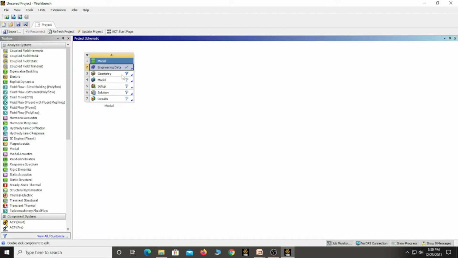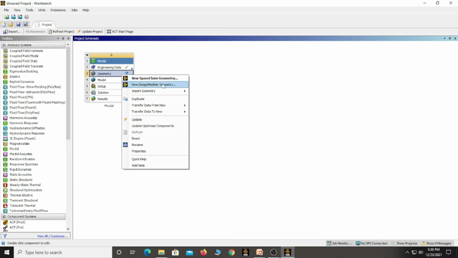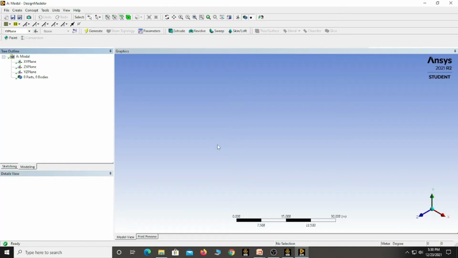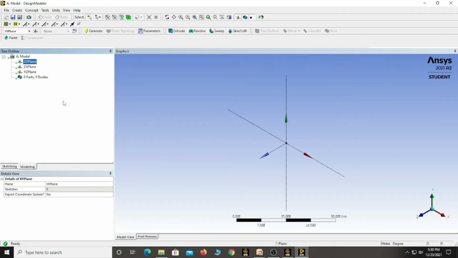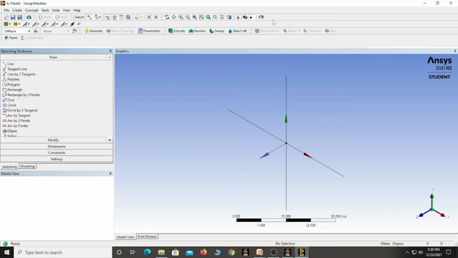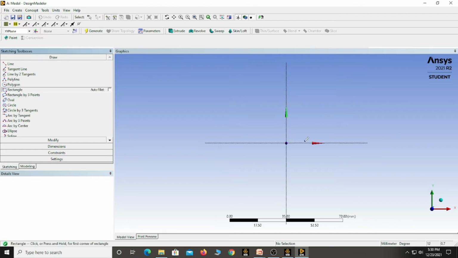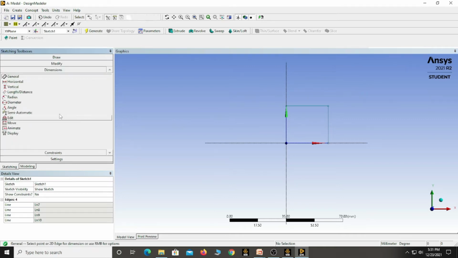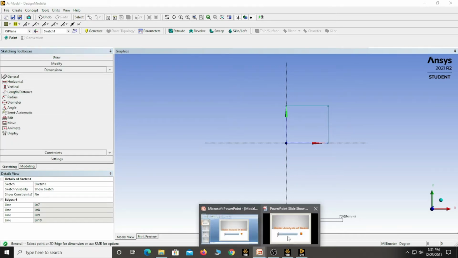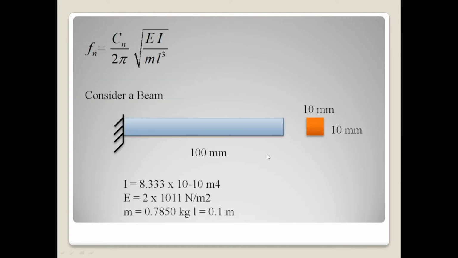Then go to geometry. Right click on the geometry, you can find the new design modeler geometry. Here you can create the beam. You can define the dimension. Here I am using 10 cross 10 mm and the length of the beam is 100 mm.